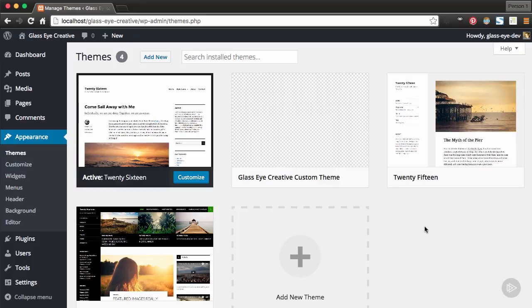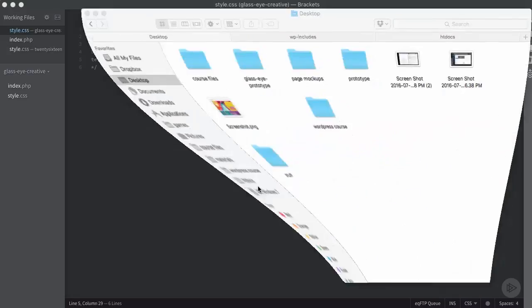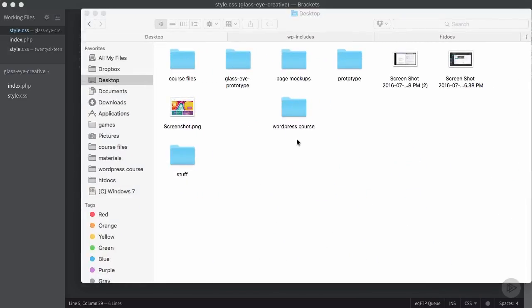So very, very cool. One other thing you might notice though is that it's showing that default transparent background that looks kind of like a checkerboard. And if we want a picture of what our theme looks like, we need to add a special file to our themes folder. So I'm going to minimize this, and what I want to do is add a file to